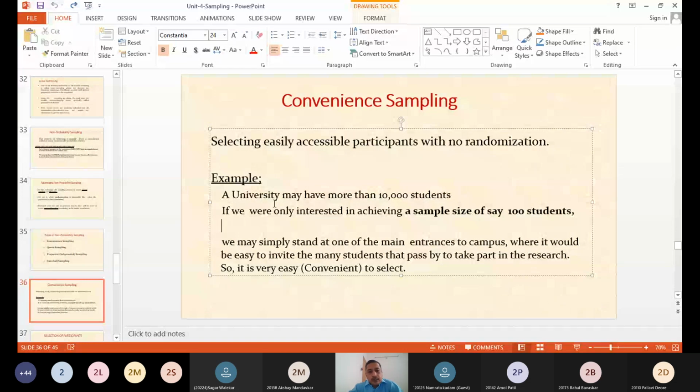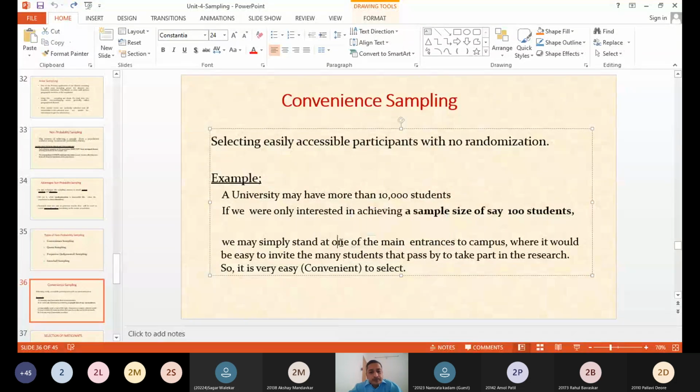If we are interested only in a sample size of almost 100 students, what we can do in this situation is simply stand at the main entrance, where it will be easy and convenient for us to invite the students who are passing by